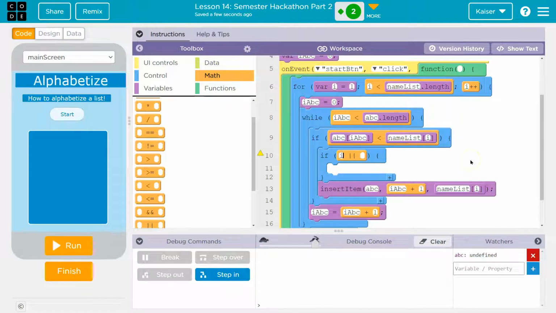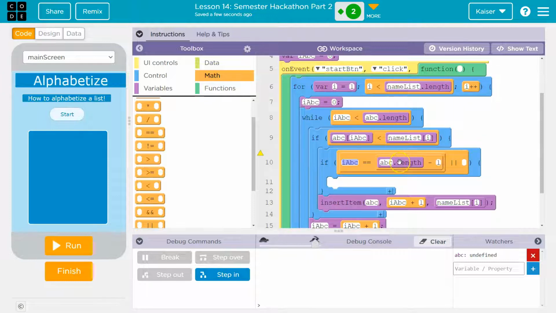So to make sure we're not at the end of the list, I'm going to say IABC equals ABC dot length, the current length of ABC, minus 1, because remember, length gives you a full count, and the maximum index is 1 less than length. So if we're at the end, this is going to be true, and let's go ahead and add this item. Or we don't have to be at the end. We could also say if